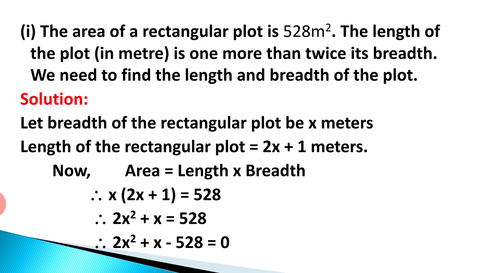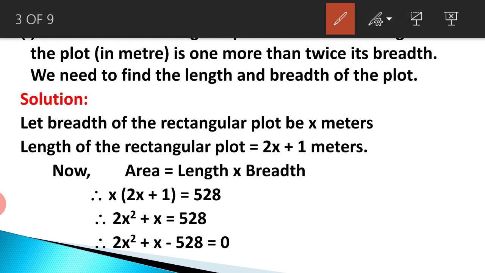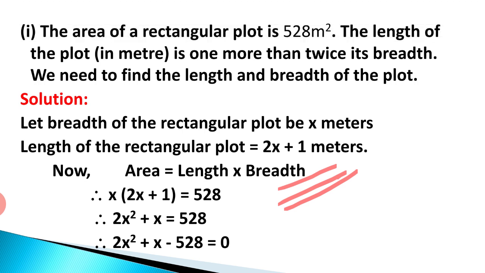Now why are we going with a quadratic equation? This is because we have the condition area is equal to length into breadth. Is it okay? So whenever it is perimeter, then we have two options. We can go with a quadratic equation, we can go with an equation in one variable, or we can go with an equation in two variables. But here, as it is a product, x into x you are going to get, so that's why a quadratic equation will be opted. Is it clear, children? Let us go to the next problem.